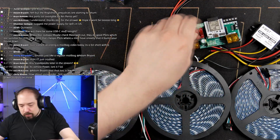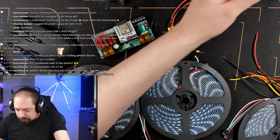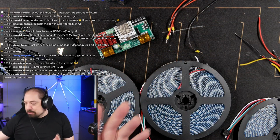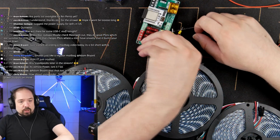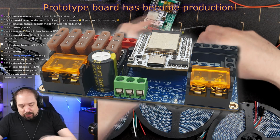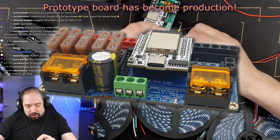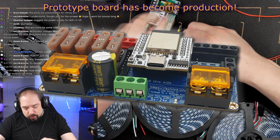From the power supply, these wires aren't very thick. They're 18 gauge, but since we're doing 24 volts, 18 gauge is pretty good. And we're going to use the prototype again. Functionality wise, there isn't anything different than what's on the current boards, but these are all fully 24 volt compatible,